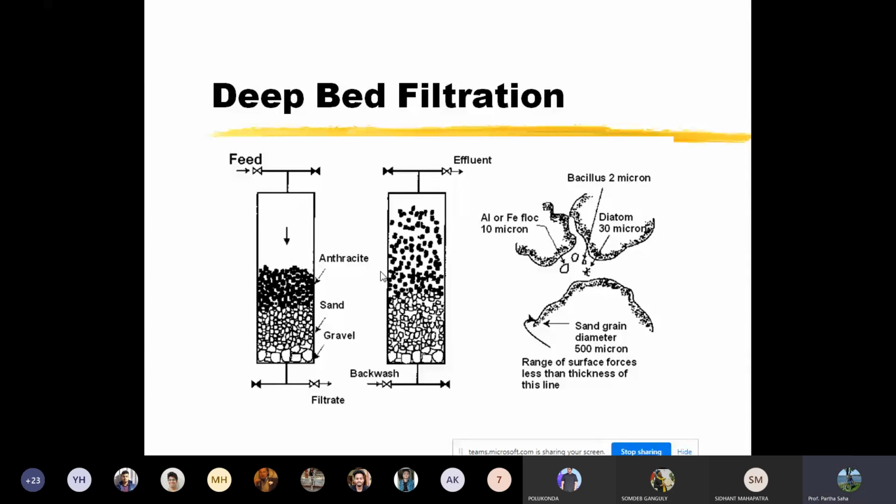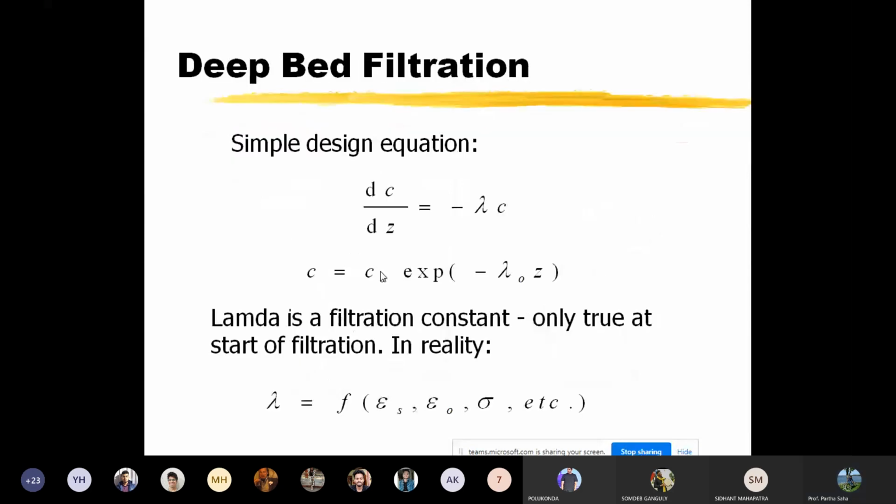So this is a real life application, actually given to understand the fluid flow phenomena through porous bed or porous media. This concept of fluid flow through packed bed and porous bed is being utilized for collecting fine particles. So how do you collect this? The concentration of the fine particle can be given by this equation: dC by dz equal to minus lambda C. Lambda is a filtration constant, which is given by the start of the filter. This is the expression. So if you integrate, then this becomes C equal to C naught exponential minus lambda z.